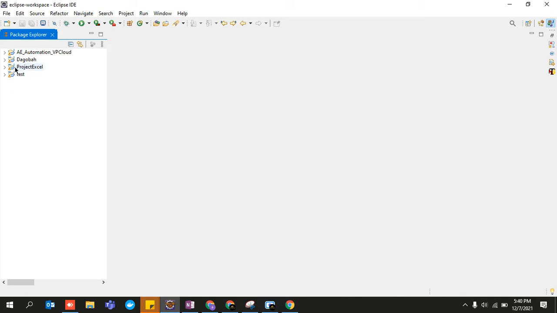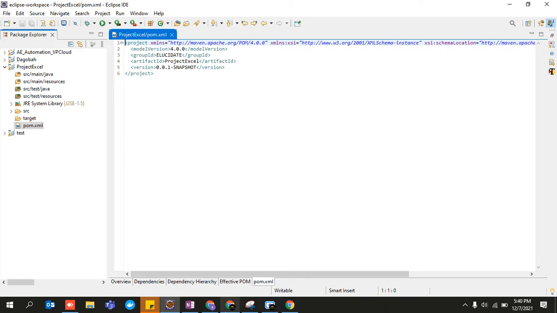So now I have created a Maven project over here. You can see the letter M engraved over here, so it means that it is a Maven project, and the directory structure is like this. I'm not detailing what it is all about, but this is how it looks. After that, you just need to